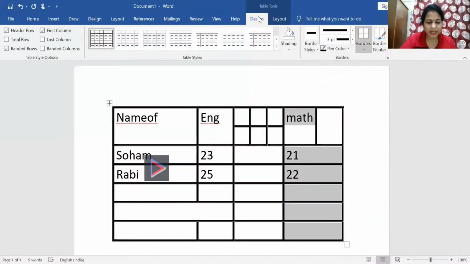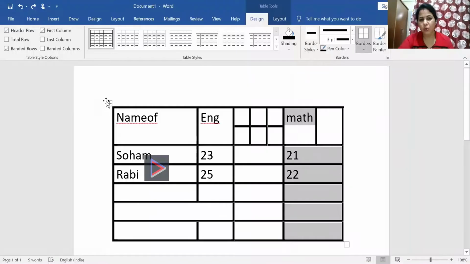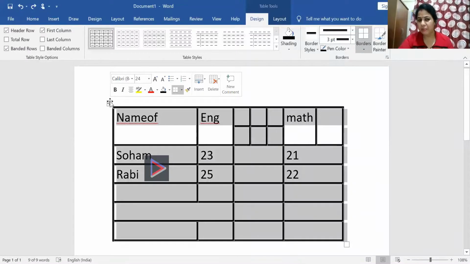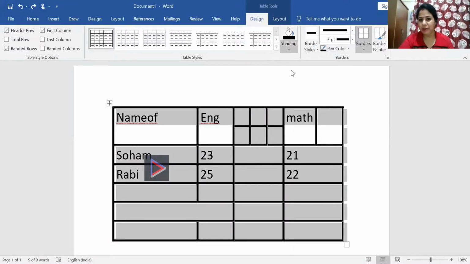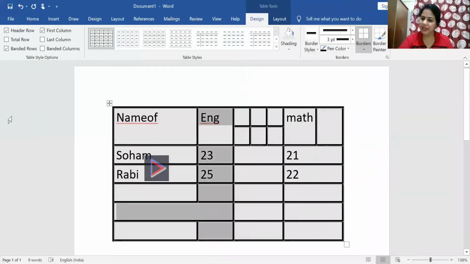Where am I getting this? The design tab, then draw border, borders options, and then you can get the border in your table. Now you can also give settings, just like you can give fill to the cell. Select the whole table using the fill handle, the four-headed arrow mark. If you click there, the whole table will be selected. Now you click here on table, and the table can be shaded. You can do shading here.